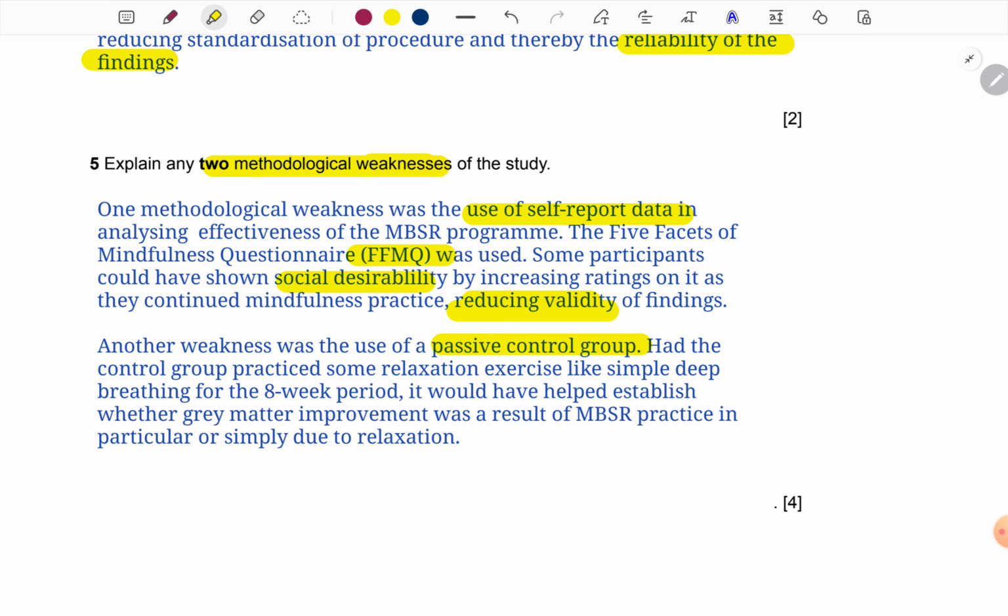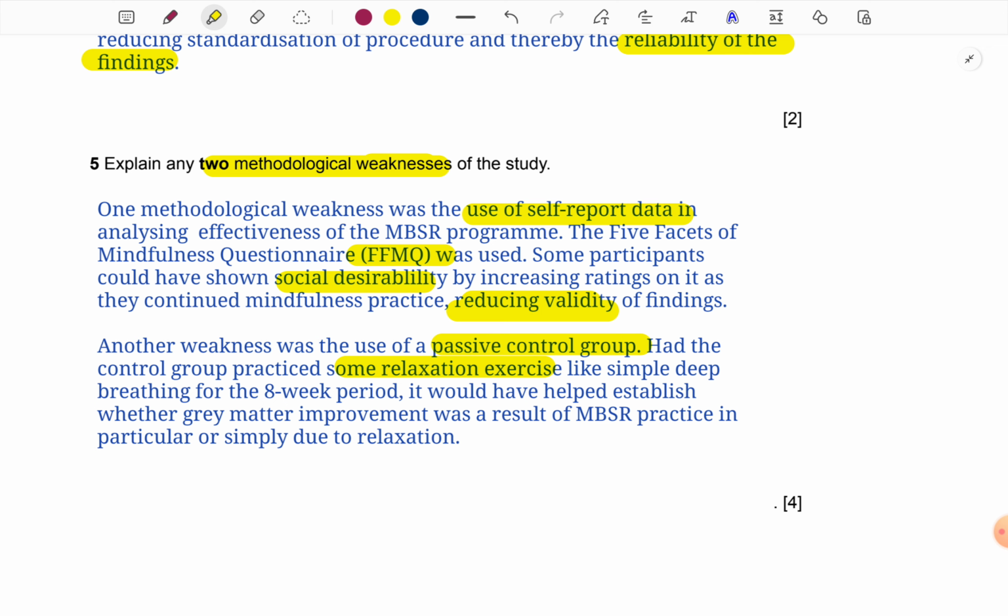The control group in this study is just a waitlist control group. They're just waiting for their turn to come to practice mindfulness. During the study, they don't do anything. They just come and give the scans, MRI scans at the beginning and after the period. I forgot the exact period. So they give the scans, but they don't do any exercises. Ideally, what should happen is we should have a kind of placebo control group. In the sense, if one group is doing MBSR, the other group should also do some simple stress relief or relaxation exercises, so that we can know that just doing any exercise can create an expectancy effect.